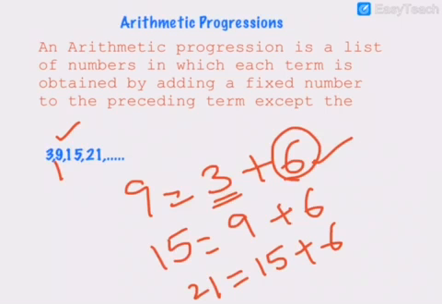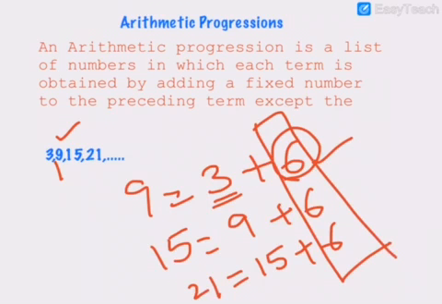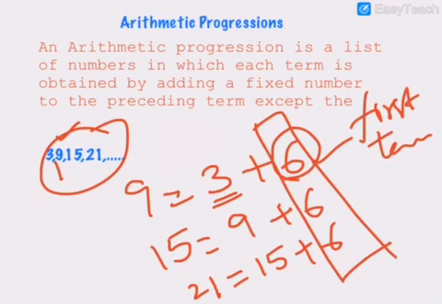The preceding term of 9 is 3. Before 9 there is 3; we added 6 to 3, so 9 came. Again, if you add 6 to 9, you will get 15. The next term you are getting again by adding 6. So the 6 is fixed here. Now this is an arithmetic progression. This is a list, and in this list there are so many numbers. Each number is obtained by adding a fixed number to the previous term. Each number we call a term, that you have to remember. Now let us look at this definition. If you clearly observe, there are two things, that is, except the first term. Now the first term, that is very important.